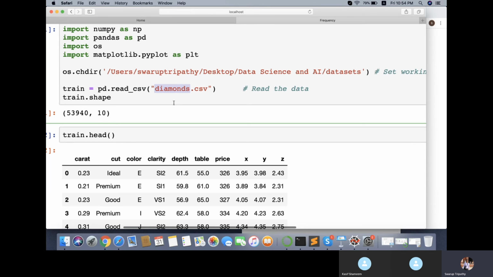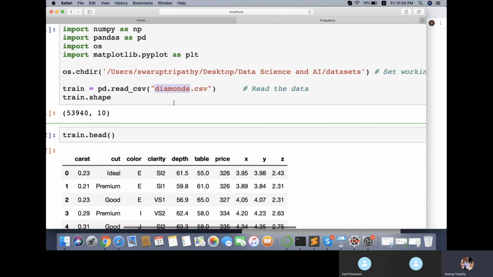One is carat, which means the weight of a diamond. Then cut of the diamond: is it a good cut, a bad cut, an ideal cut? That's how they categorize cut. Then color of the diamond. Color starts from E, which means flawless, completely transparent diamonds, going to colored diamonds like K, M. They have ratings that start with E and go till Z. These are the color ratings for the diamonds.